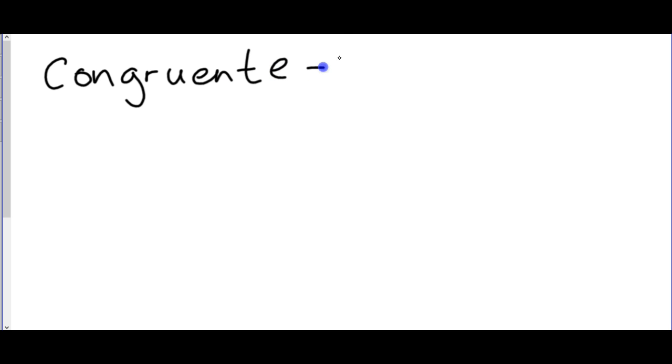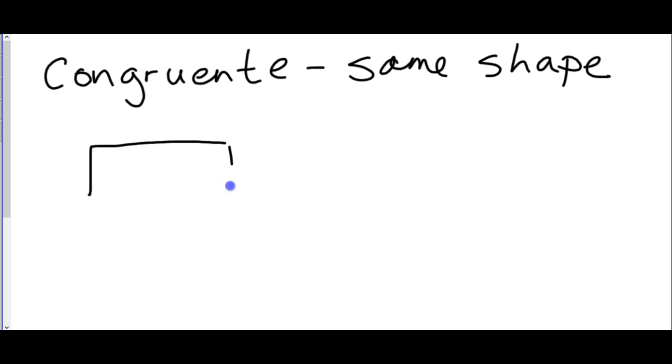This video will be about triangle congruence. So when we say the word congruent, congruent means two shapes that are exactly the same. So the same shapes. They can have been moved around, but they have to match exactly, even if they've been moved around. So if I have that rectangle there, and then